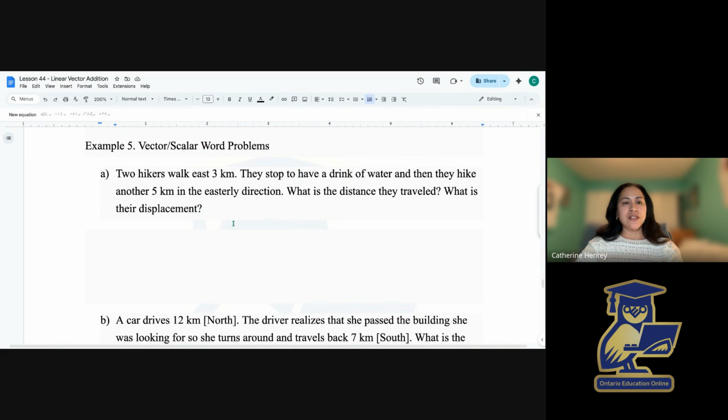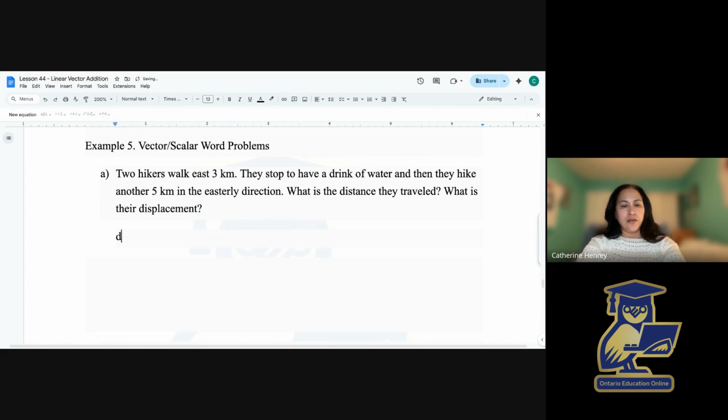Well, again, for their distance, because we're just asking for that scalar quantity, we just add the magnitudes of 3 kilometers plus 5 kilometers, and that's going to give me 8